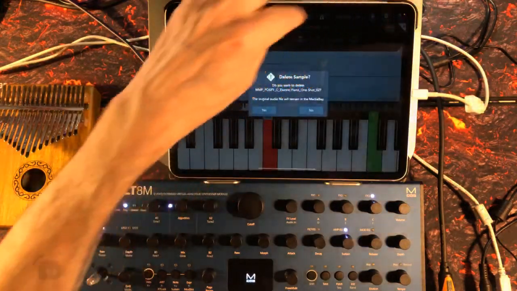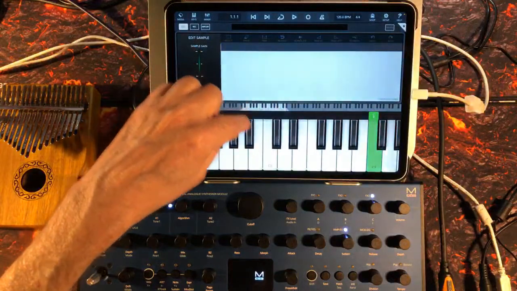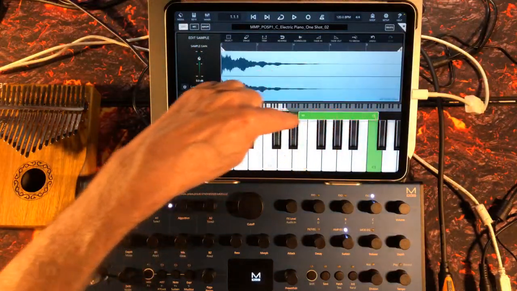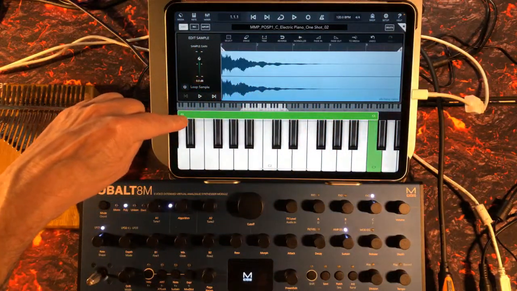That's what probably was, yes. Probably was what was messing me up earlier. Right, I'm going to take this and I'm going to spread this all the way down to